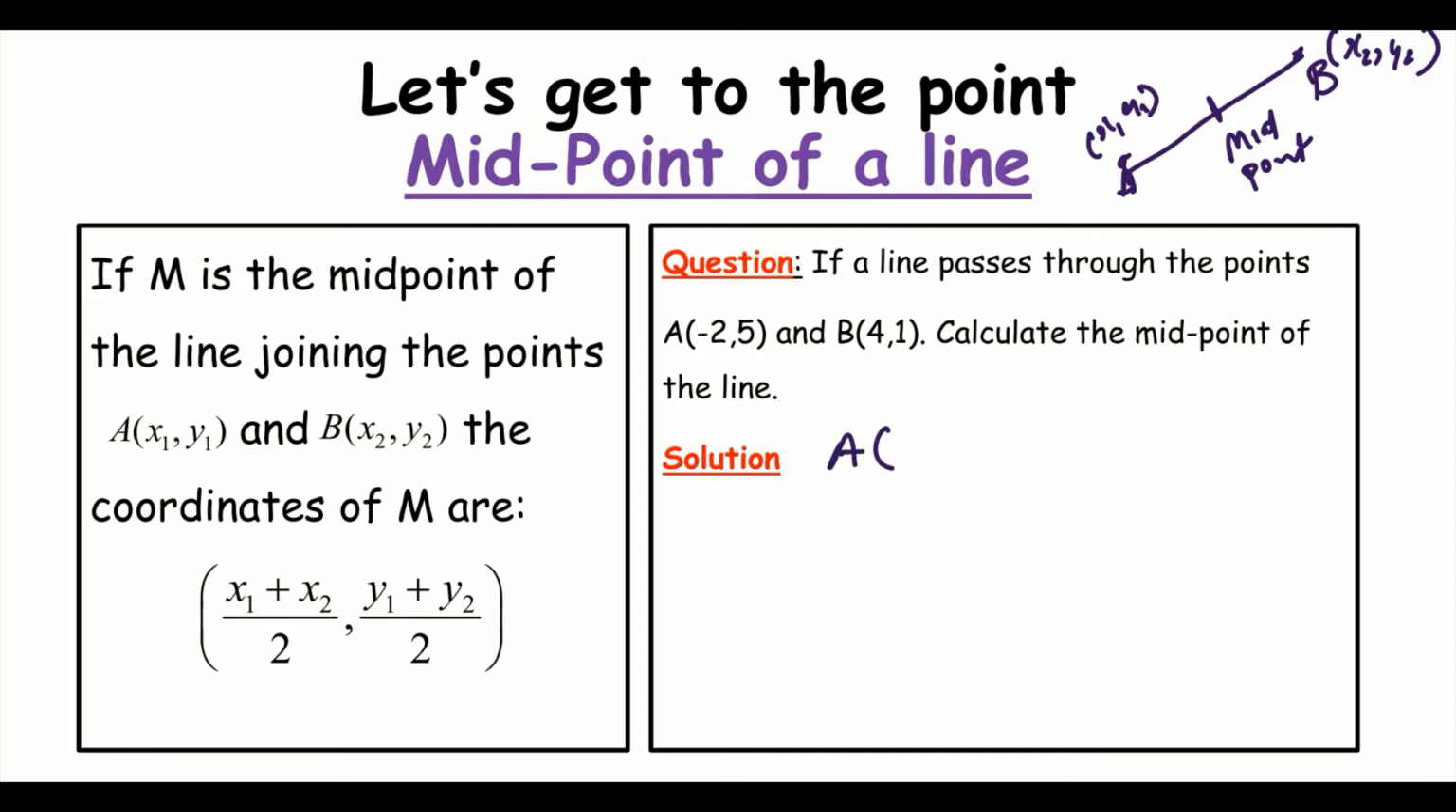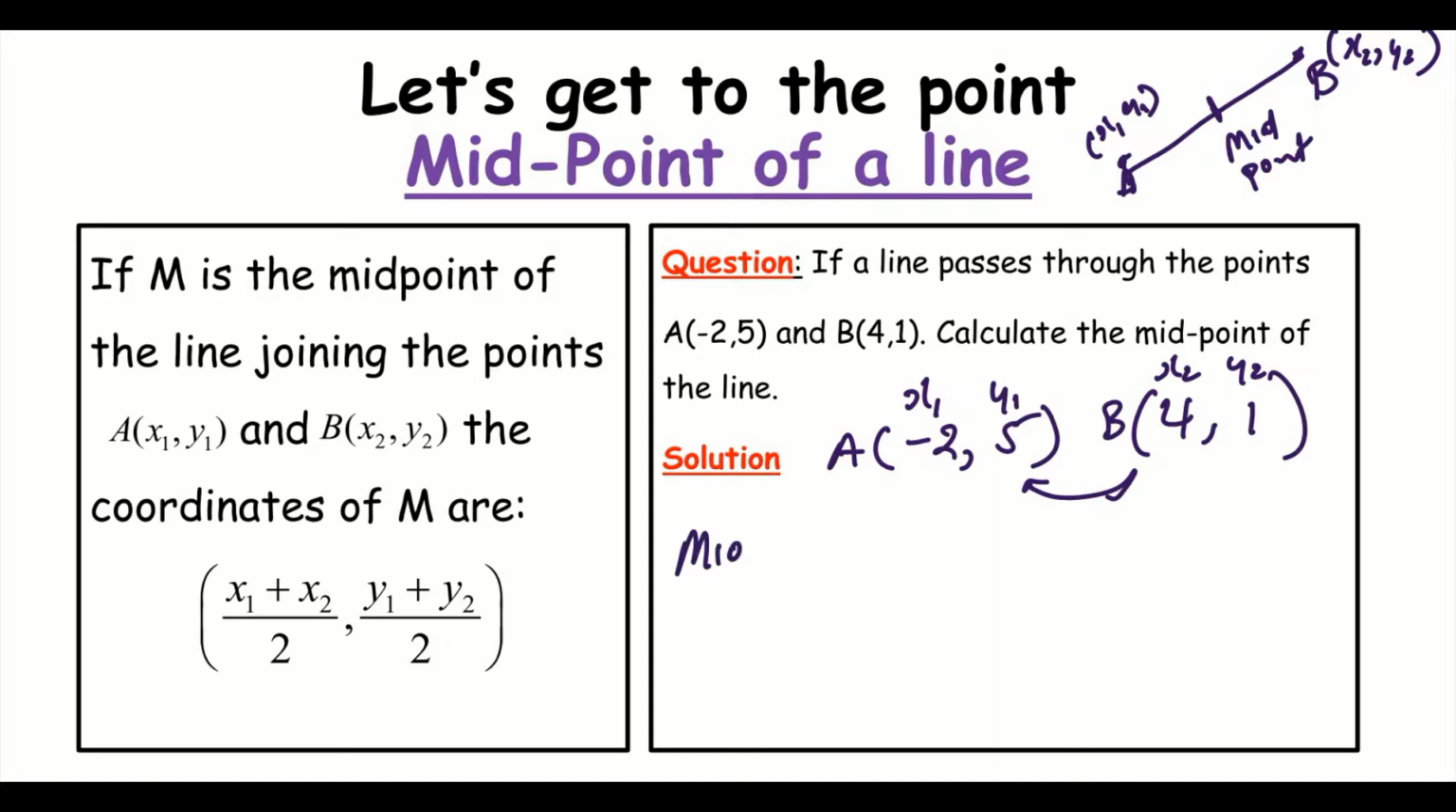So we have the point A(-2, 5). Let -2 be our x1 and 5 be our y1. Then we have B(4, 1), so let 4 be our x2 and 1 be our y2. You could interchange them and it still wouldn't make a difference. You could let A be the x2, y2, and let B be the x1, y1. It still is not going to change the answer. So hence the midpoint